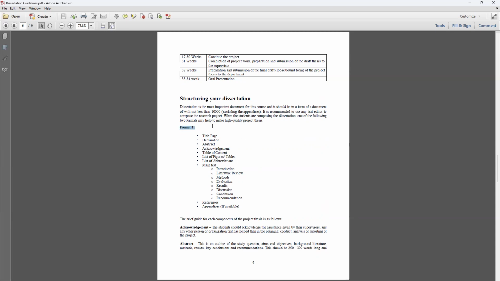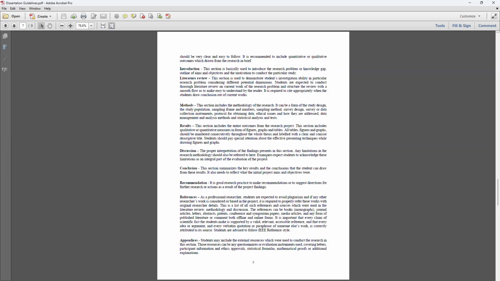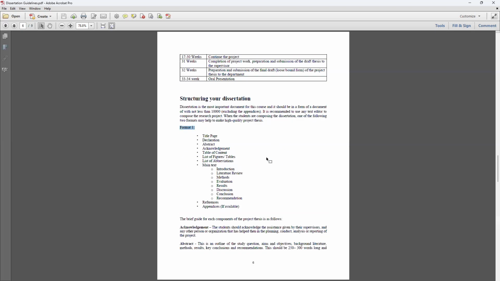So it's saying there are two formats. You can select one of them, but it's okay. So only one format is available here. Okay, I'll have a look at that one. Composite design. Okay, I think maybe she took this document from a general template. So they may have two formats, one for action research and one for normal research. I will have a look and update you guys.